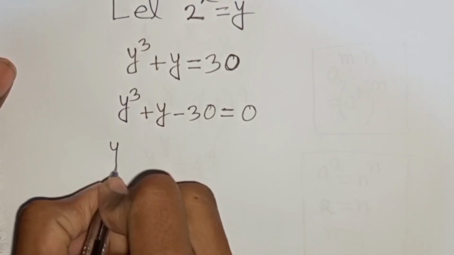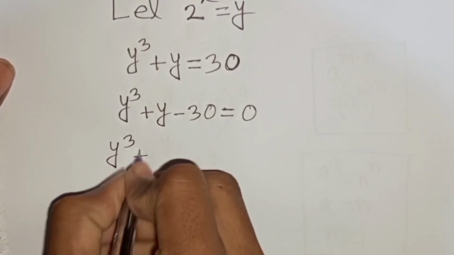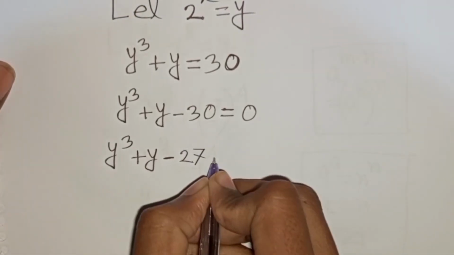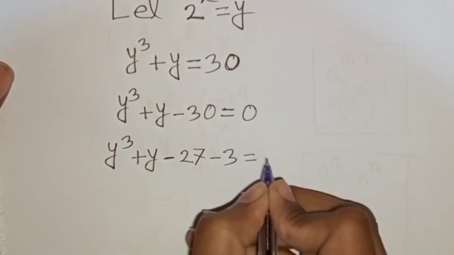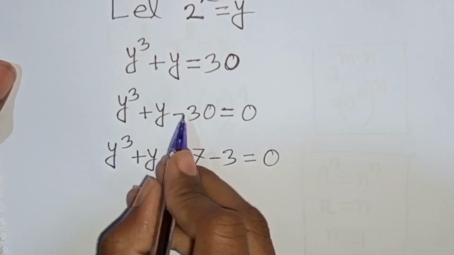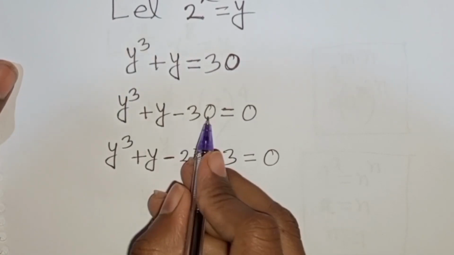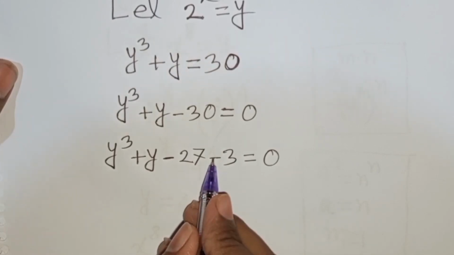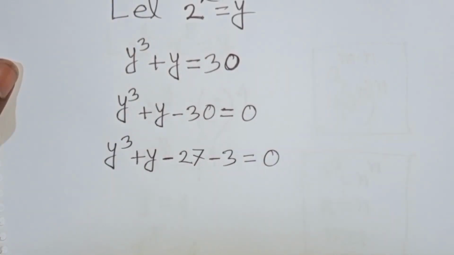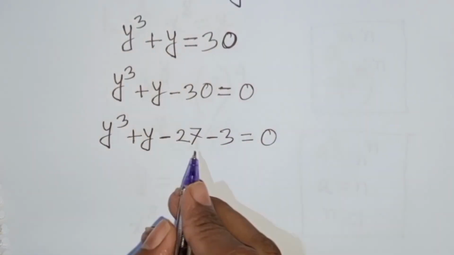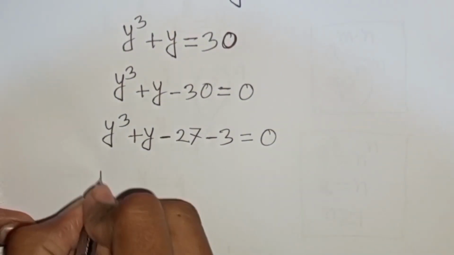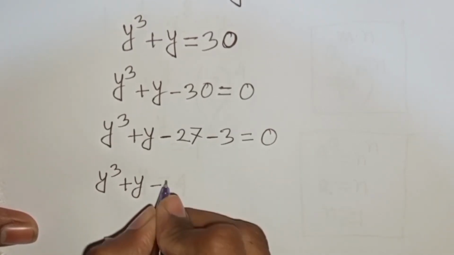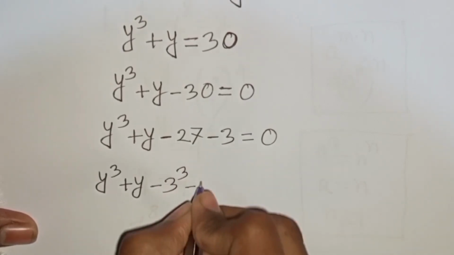Now we have y cube plus y, then minus 30 can be written as minus 27 minus 3, is equal to 0. How to understand this? Pay attention here. The nearest cubic number of 30 is 27. So minus 30 can be written as minus 27 minus 3. Most of the time you can understand such a process. Now we have y cube plus y, then minus 27 is the same as minus 3 cube, then minus 3